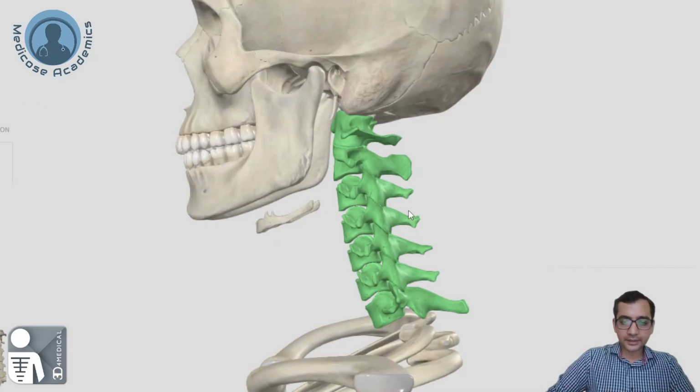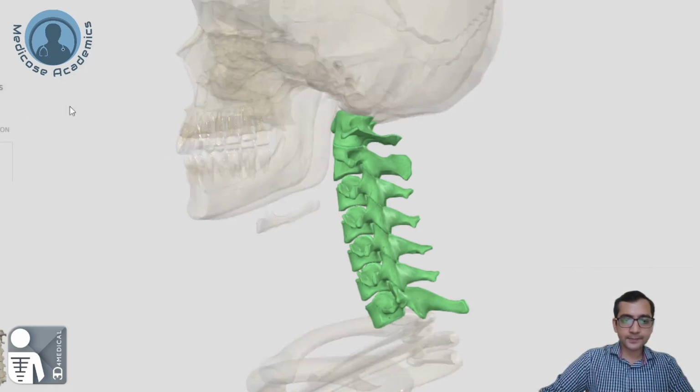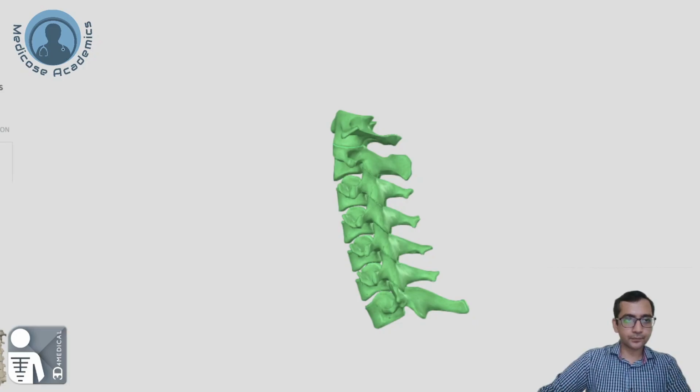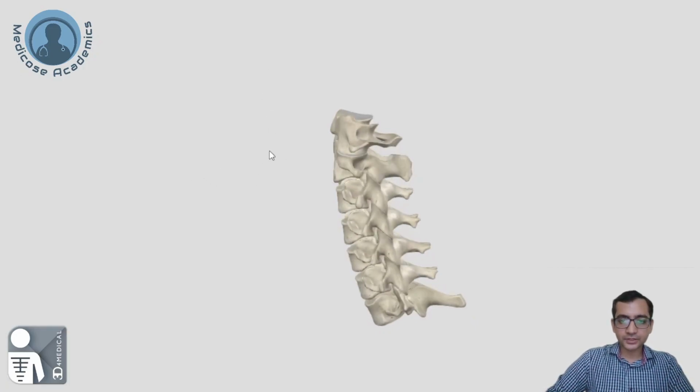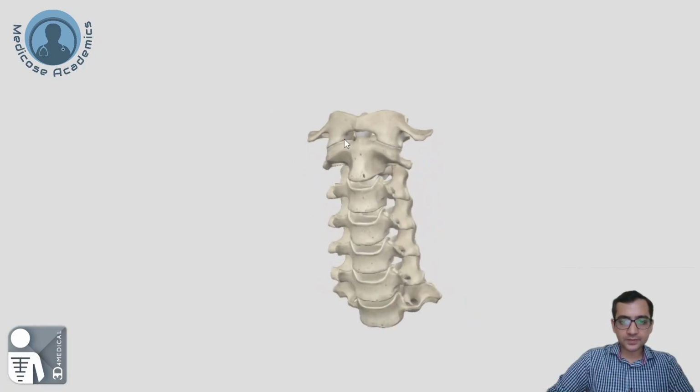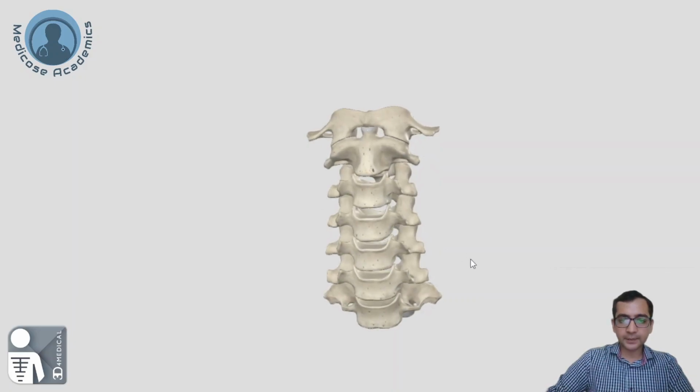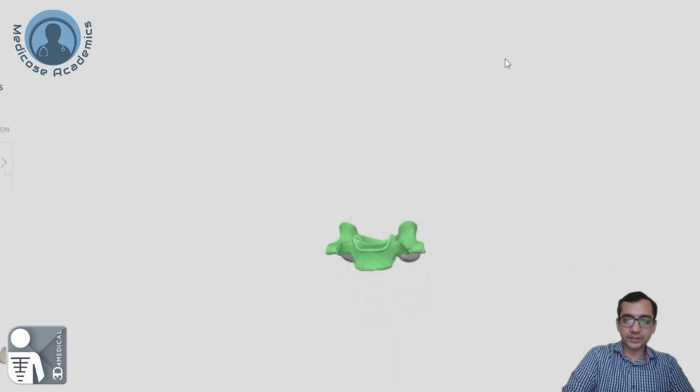So let me get out the other things. Okay, so this is cervical vertebra. Let us focus on one typical cervical vertebra. Then we will take it from here and we will discuss